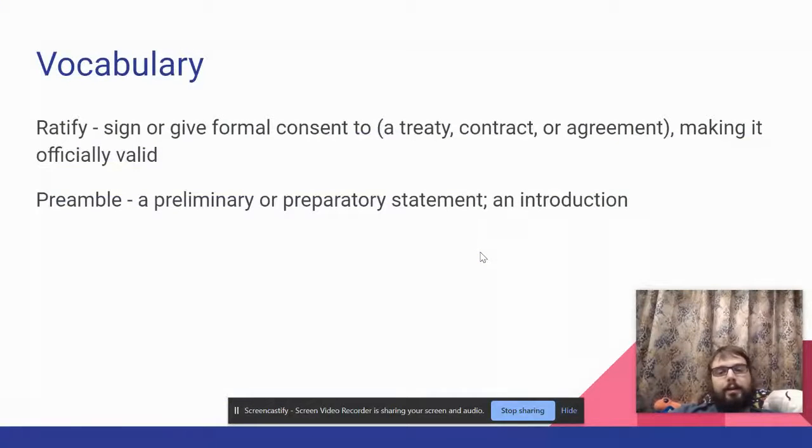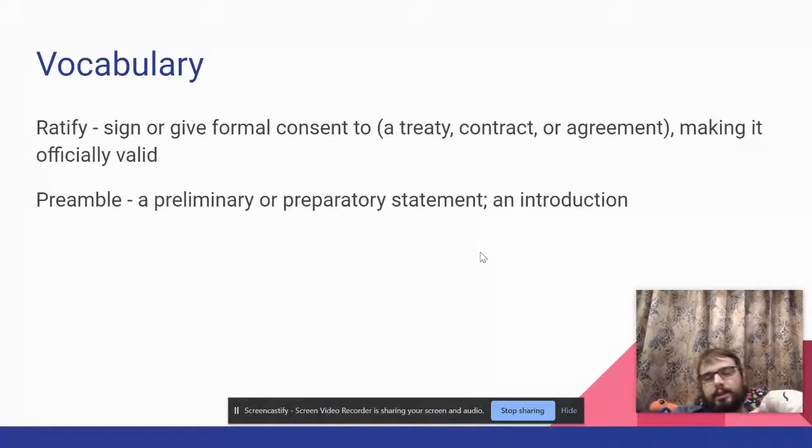All right, so vocabulary for today. The first word is ratify. That means to sign or give formal consent to, like a treaty, a contract, or an agreement. Basically, you're making something officially valid. So each state will ratify the Constitution, or give formal consent saying they approve of it.